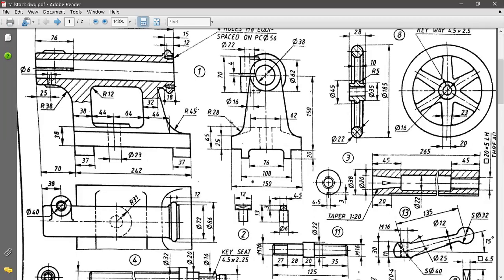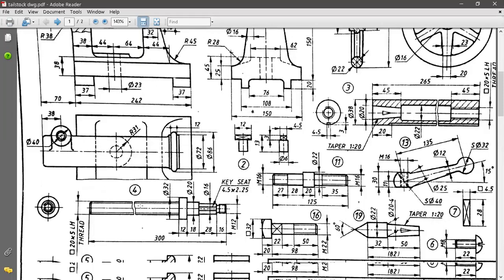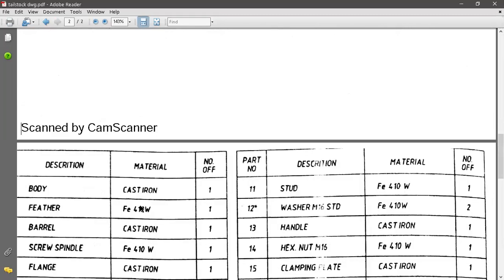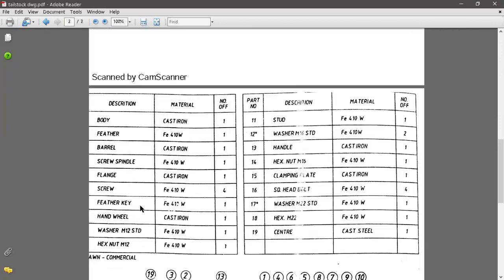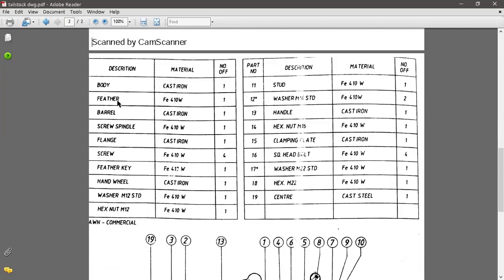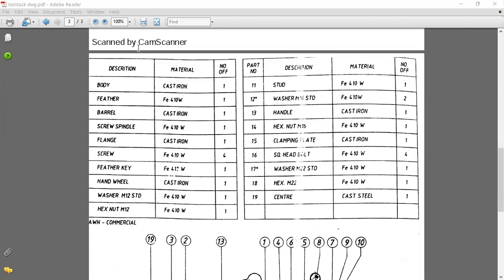Then the part number 4. So for the part number 4, it is screw spindle.